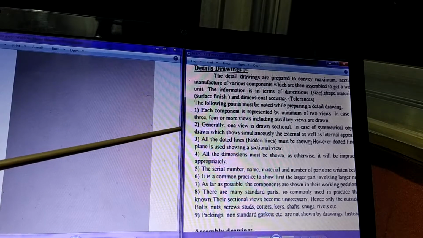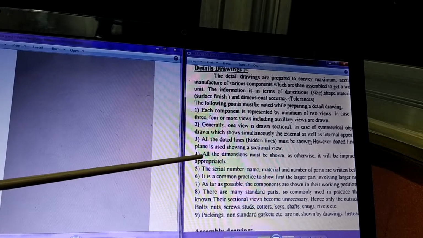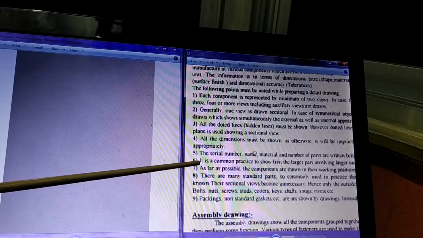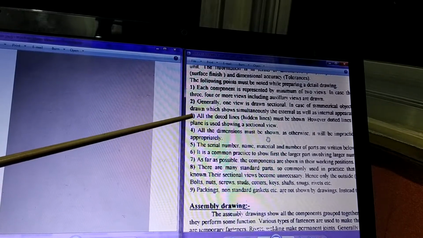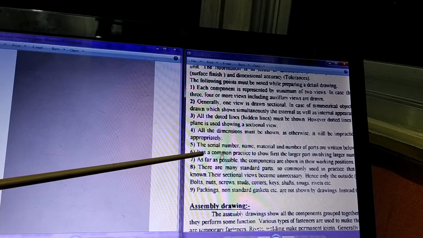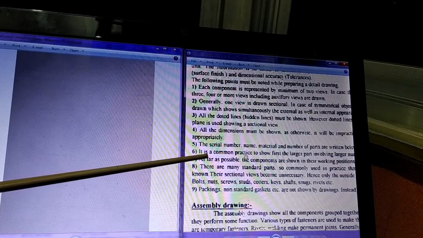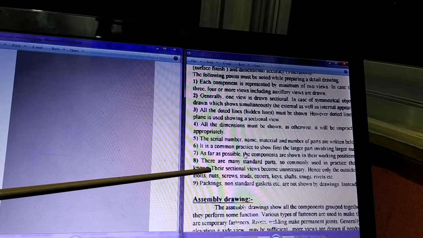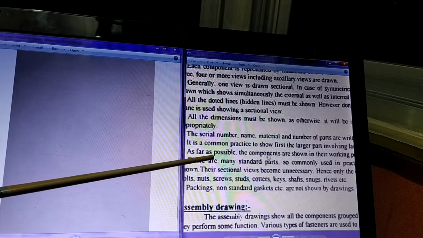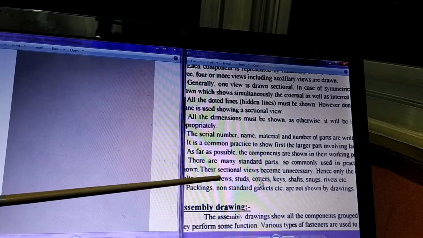So in fact, whatever different things which we have learned, all are applied in the case of this assembly and detailed drawing. You can also read here, sometimes all the dimensions are shown, dotted lines are also shown. For the assembly, dotted lines are sometimes not drawn. Then the information like serial number, name, material, quantity, etc., is all required to be written. Now while preparing the list of detailed drawings, normally the large part is drawn first and then the remaining components are drawn around the main object.